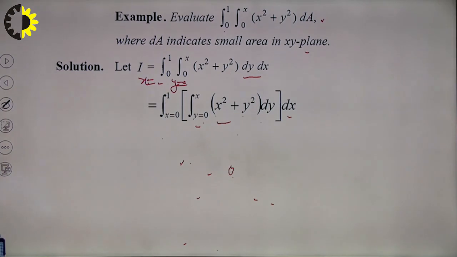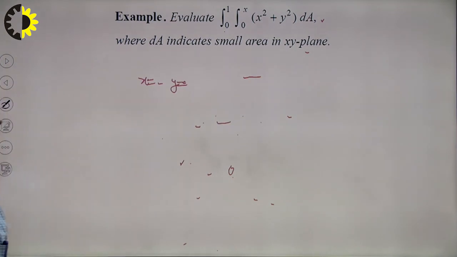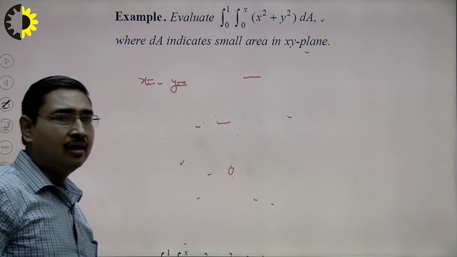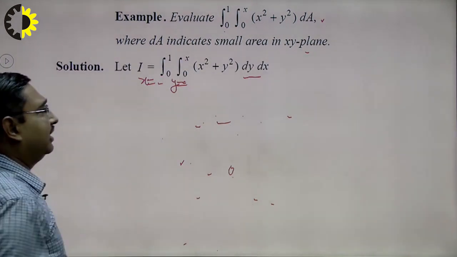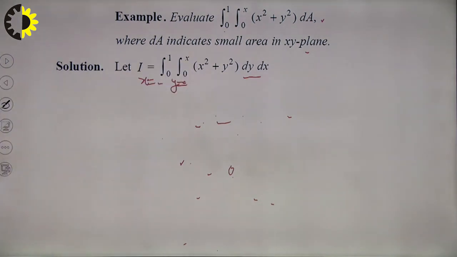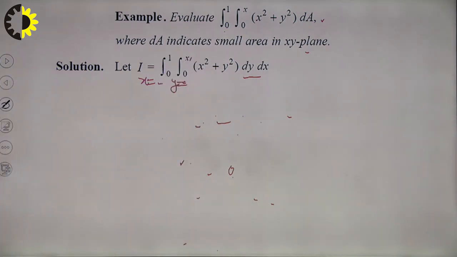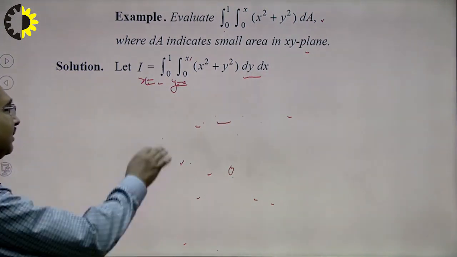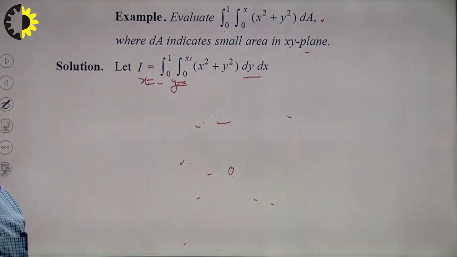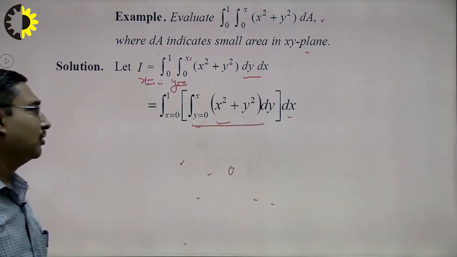Let me sum up once again what happened. This integral was given to us. Limits were also mentioned. We were required to evaluate this integral. For this, I first identified whether these are limits of x or limits of y. We have seen that these are limits which are in terms of x. So, they will be the limits of the other variable, meaning y, and the remaining limits will automatically be limits of x, and therefore, this integral was written in this form.